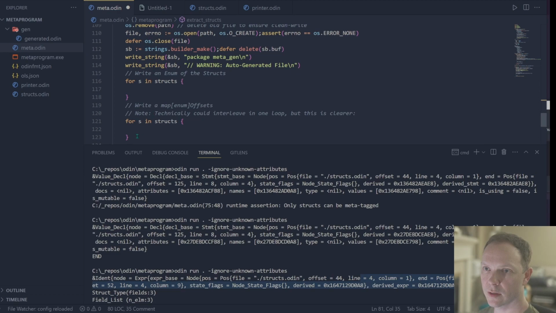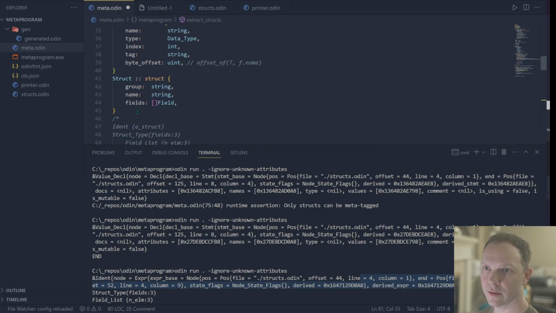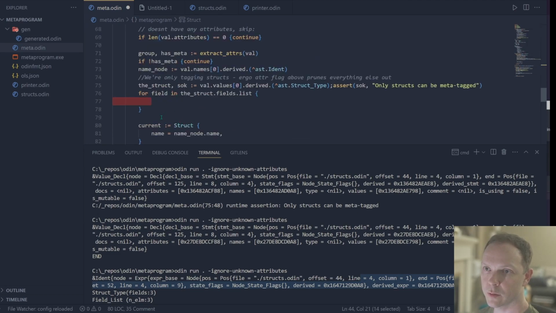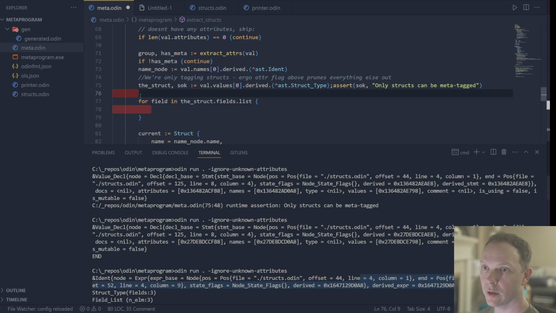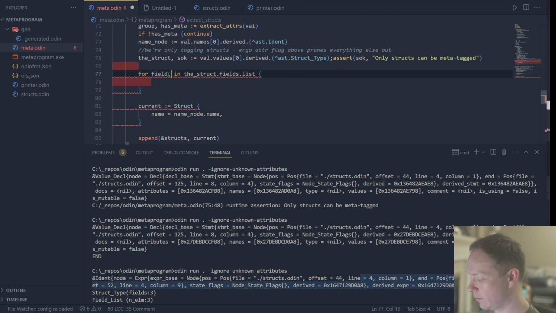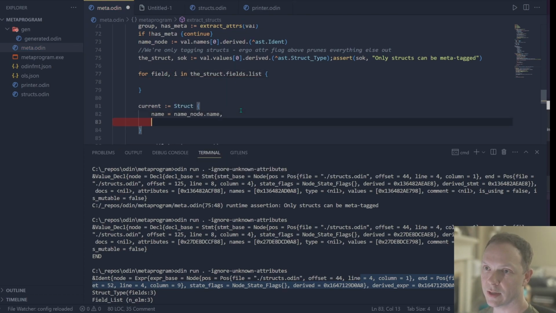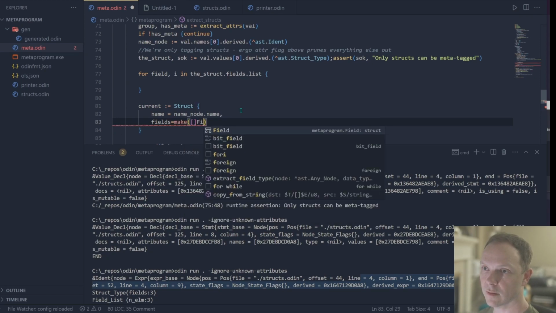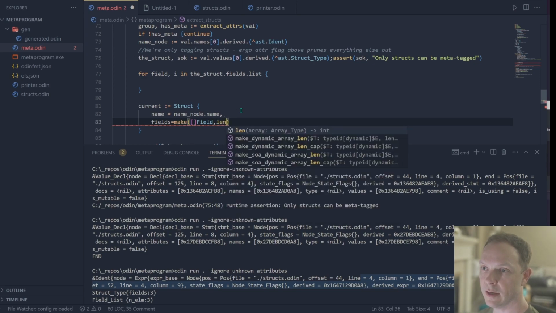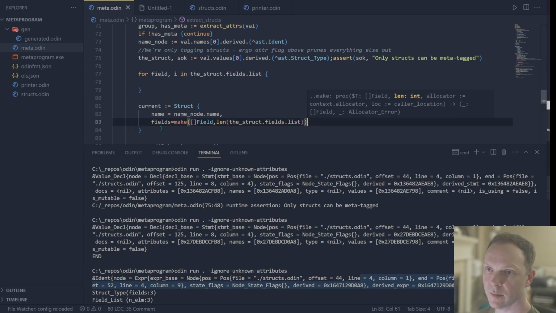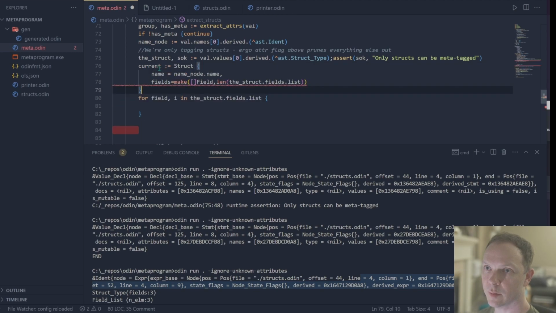We got, where is my little struct definition? It is a slice. So we know the length of the list, so we're going to do, in fact, yeah. So we'll do I right there. And then we're going to say fields equals make an array or slice of fields, and it's going to be len the struct dot fields dot list. Right, now that means you need to live up here,